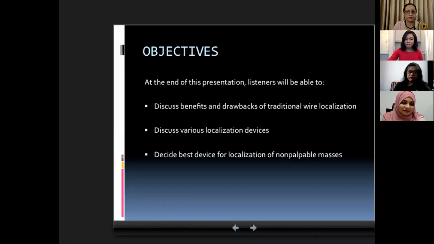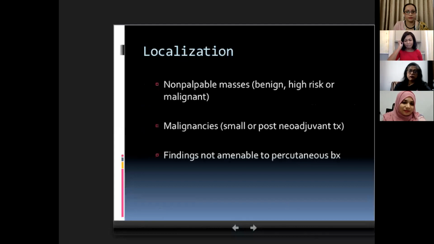So essentially what we're trying to accomplish in localizing masses is going after masses that are too small to be felt and placing a device within the mass or within that lesion to help a surgeon remove just that lesion as part of a lumpectomy or segmental mastectomy without having to remove the entire breast. We localize masses that are non-palpable, whether they are benign masses. Sometimes if it's a benign mass that's causing pain, or if it's a benign mass that's showing to be growing,